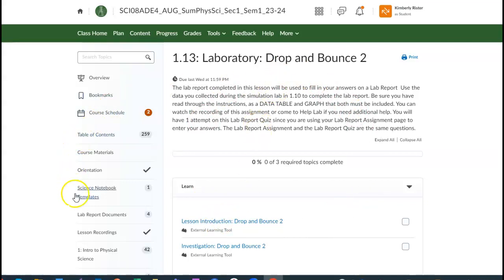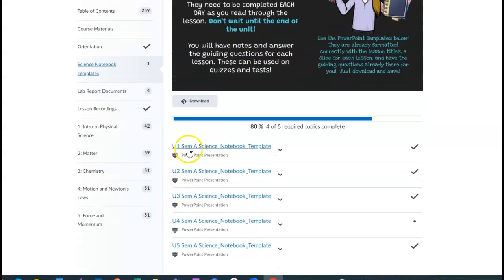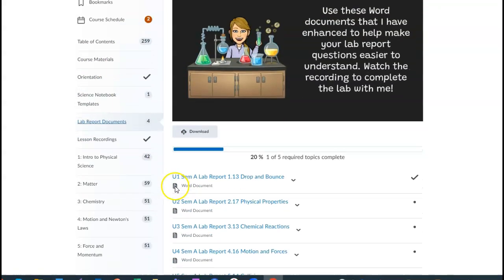You're going to want to navigate over here. Under the table of contents, you can see you should have completed the orientation by now, so there should be a check mark. Here are the notebook templates. You'll be using those as you start working through each unit, so you should have this one downloaded now. Here are your lab reports. These are a little bit different than the documents that are in the lesson. They have the exact same questions, but I have added some more instructions and things to make them a